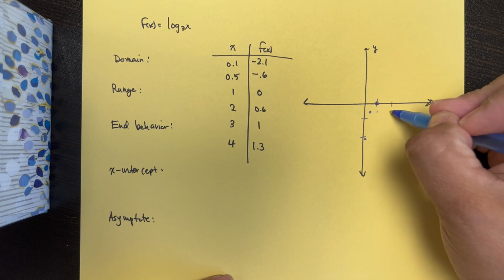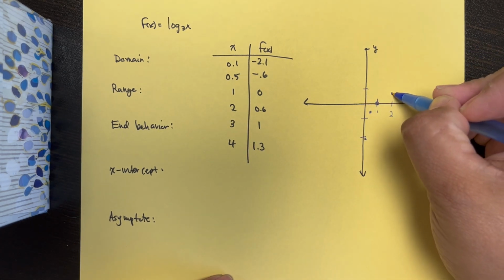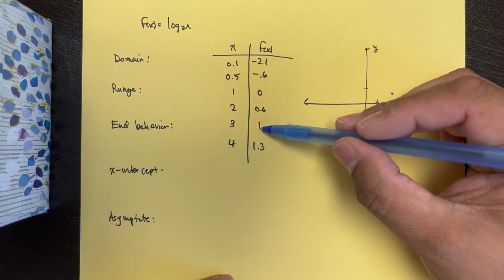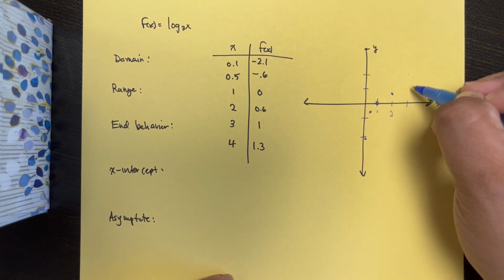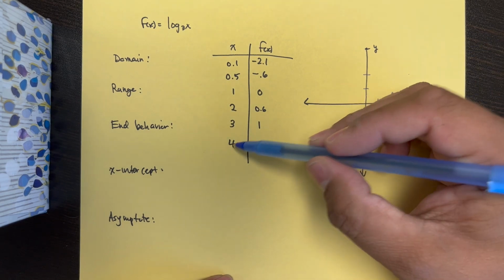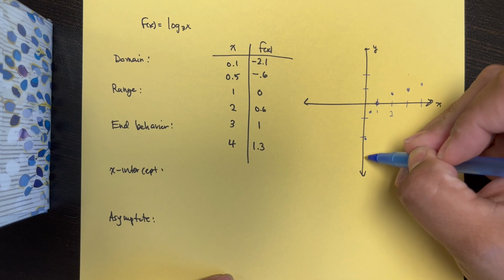Here, we're going to go over 2, and I'm going to go up 0.6. Okay, we're going to go over 3 and up 1. So over 3, up 1. Here, I'm going to go over 4 and up 1.3. So it's about here. So if I graph this,